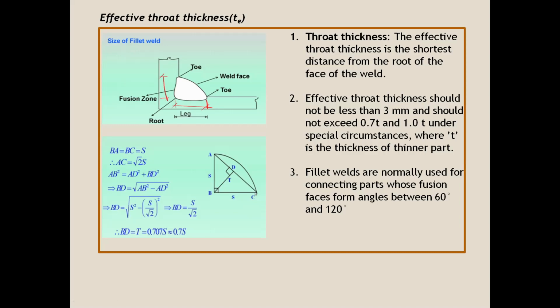So effective throat thickness should not be less than 3 mm, and should not exceed 0.70 T, and 1.0 T under special circumstances, where T is the thickness of the thinner part. We have two plates connected; whichever plate is thinner, you take its thickness as the t value and substitute. And the third point: